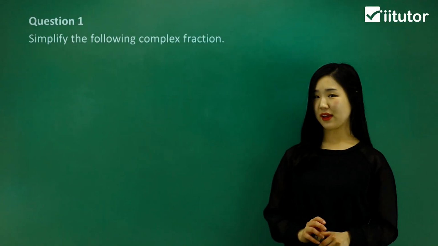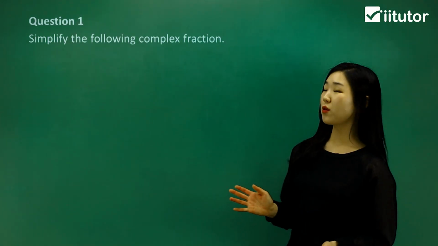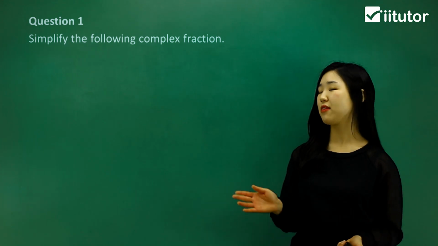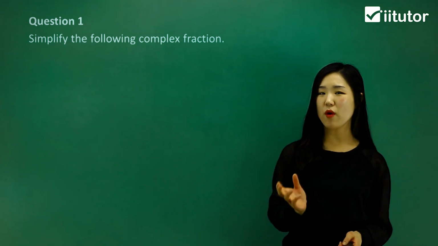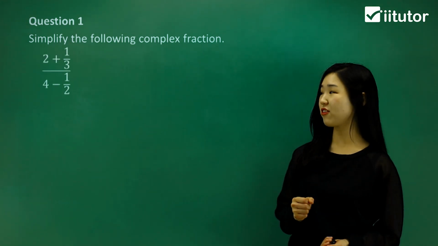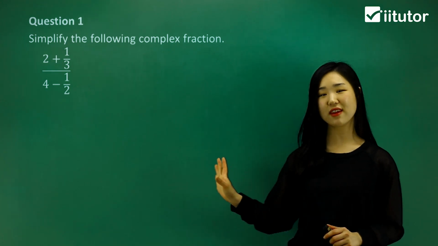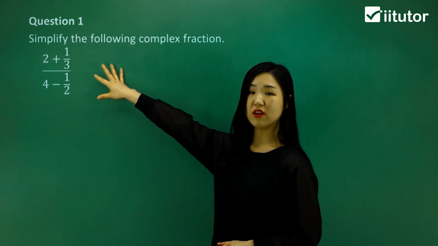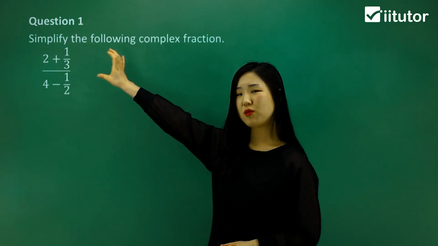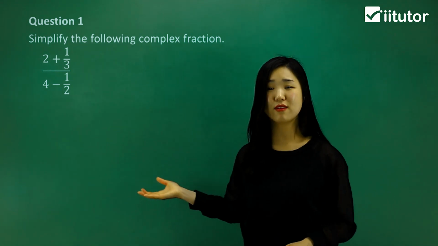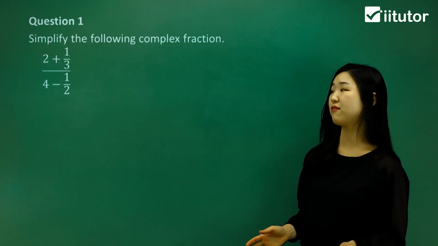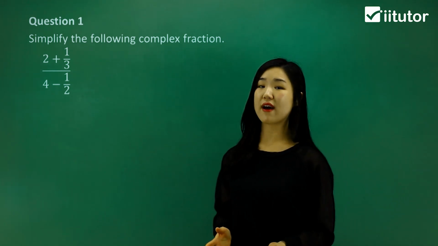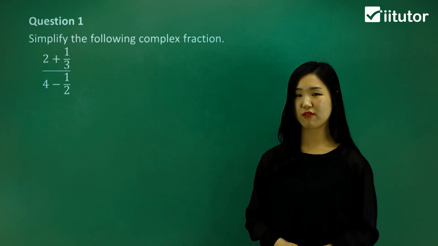Let's work with some complex fractions now. If you have a look at question 1, it's asking us to simplify the following complex fraction. And what is a complex fraction? It's a fraction that looks something like this. So this is an example of one. You can see it's complex because we've got a fraction on a fraction. The numerator and denominator also consist of fractions, which we don't really like to have. So what we're going to do is simplify it down and make it look like an ordinary fraction with no